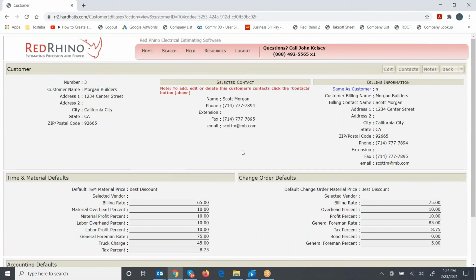Now, when I saved it, I just want you to notice these red letters here, okay? See, it says note to add, edit, or delete this customer's contacts. Click the contacts button above. So this is the contacts button. Now let me explain exactly what that means. Let's say that Scott Morgan at Morgan Builders here, Scott Morgan is just one of the people I would bid jobs to. So if they have 2 or more people that I might bid the job to, then I will